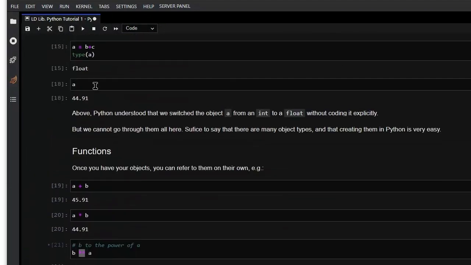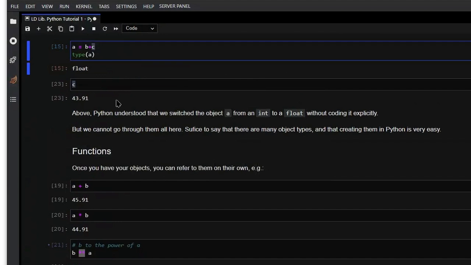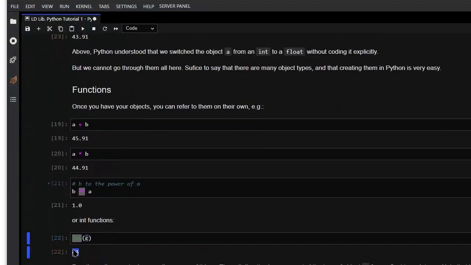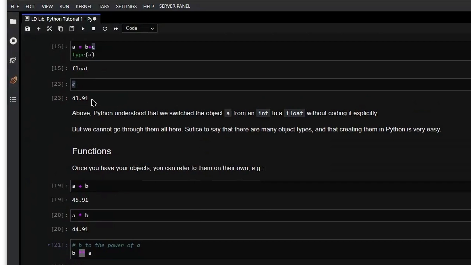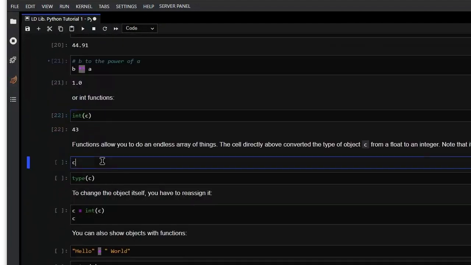Now, if you remember, if I was to run all the way back up there, there we go. C was a floating point number. We had some decimal points right there. Whereas here you see it just says 43. Let's say I'm not interested in the floating point numbers. Let's say I used someone else's function and it's returned me some number, and I'm not really interested in whatever the decimal points are. I can change it into an integer right there with the function int. Moving forward, we can have a look at